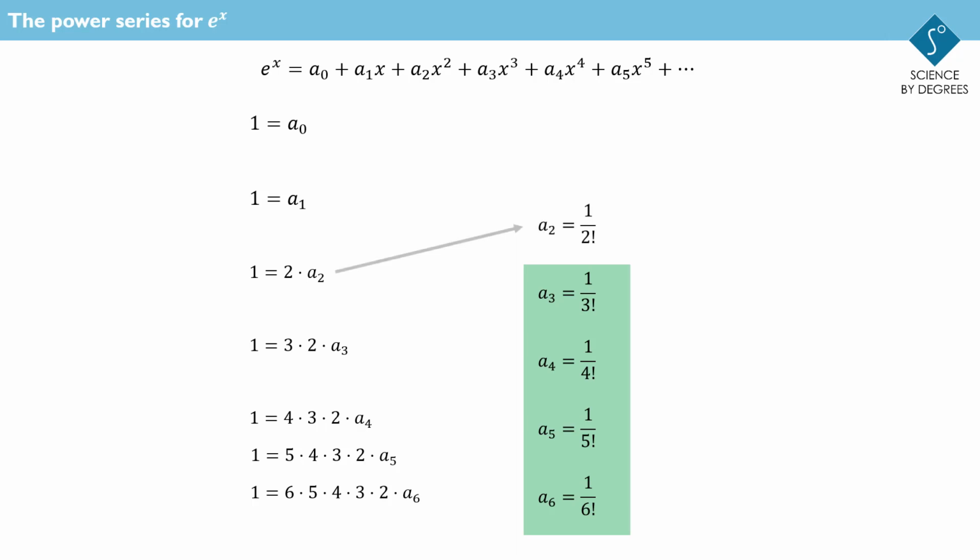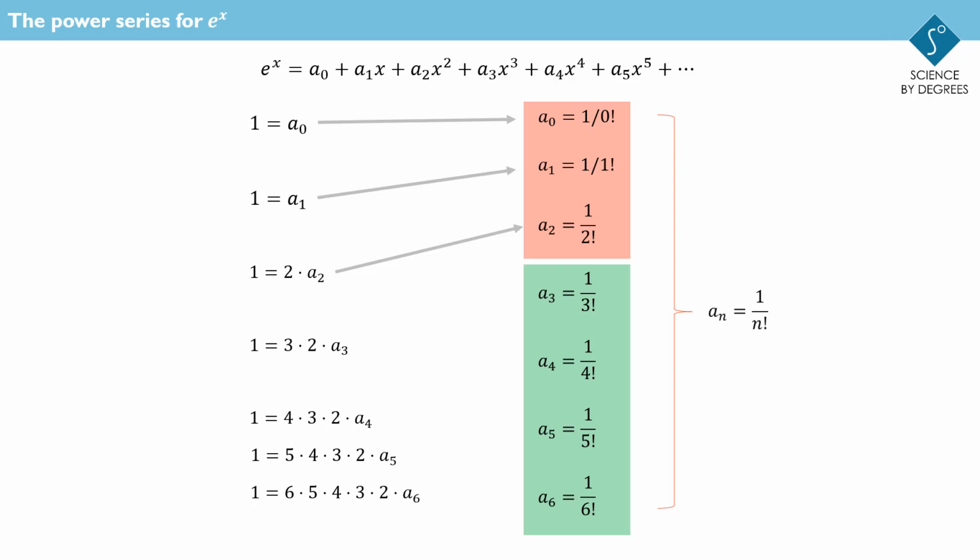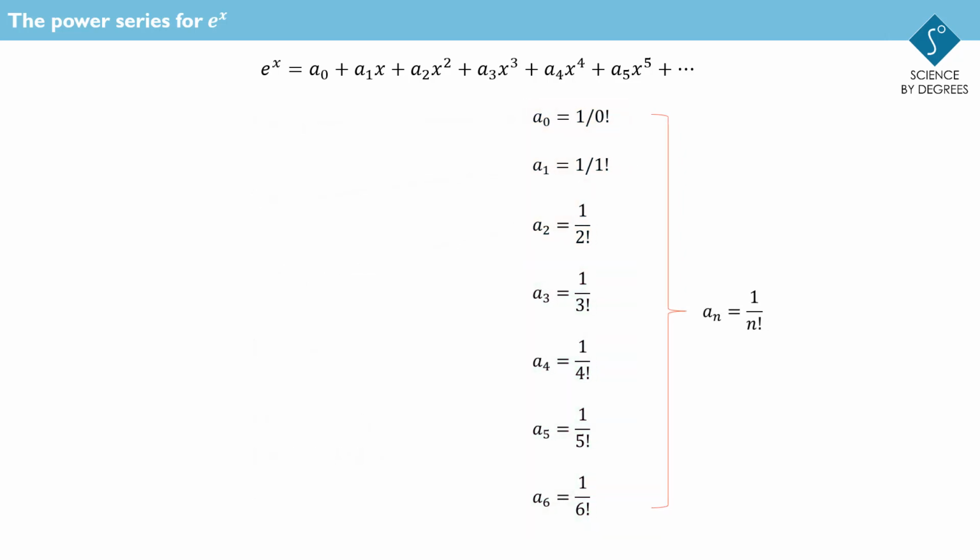a2 is a half, which is the same thing as 1 over 2 factorial because 2 factorial is 2. Likewise, a1 is 1 over 1, which is the same as 1 over 1 factorial because 1 factorial is 1. The hardest one to spot is that a0 equals 1 can be expressed as 1 over 0 factorial. It will take this video off track to explain this here, but it's true and we'll provide a reason after the video. This means then that all the coefficients can take the values 1 over n factorial,